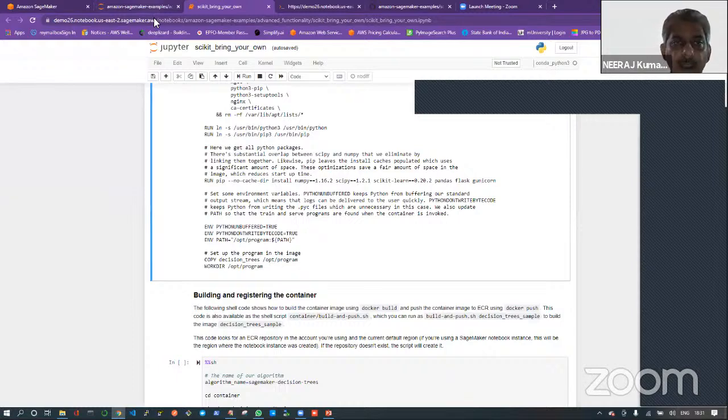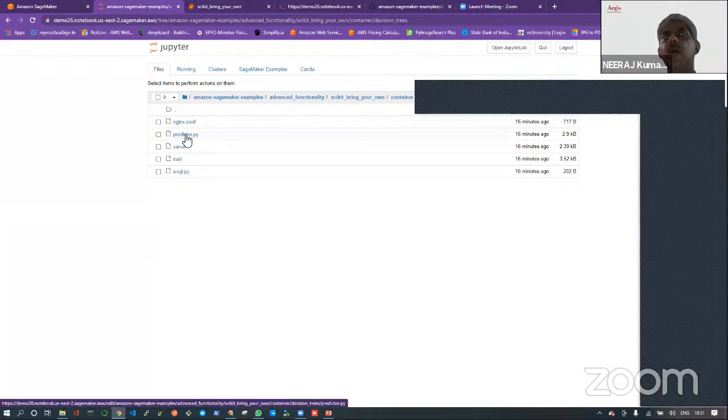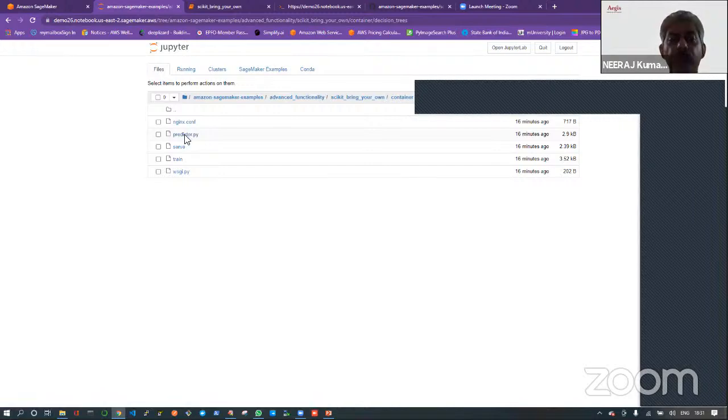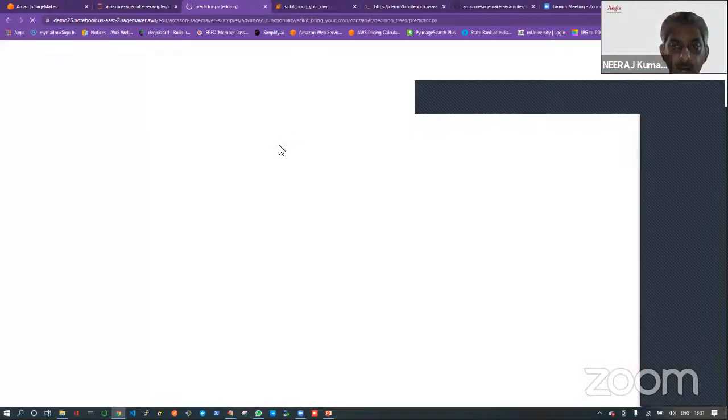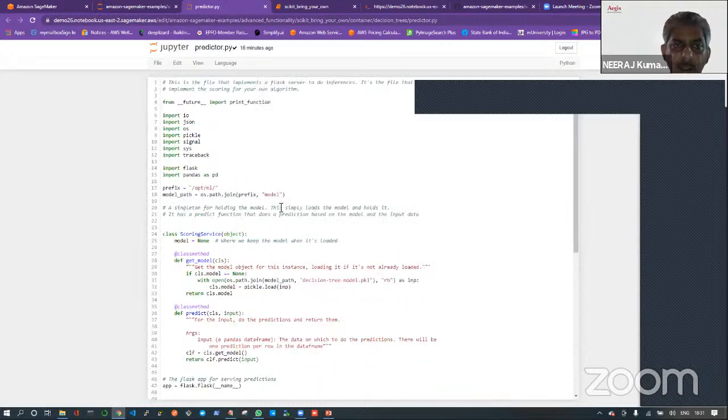Now let's go back and see the structure of decision tree. So decision tree has the nginx server, and it has predictor.py. This is the main program in which you as a data scientist will be interested. If you open this, you will see this is a simple Python program, right? And you can see that it's importing Flask.